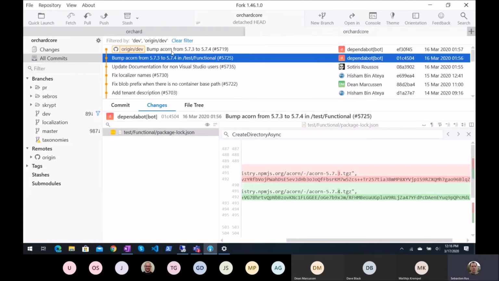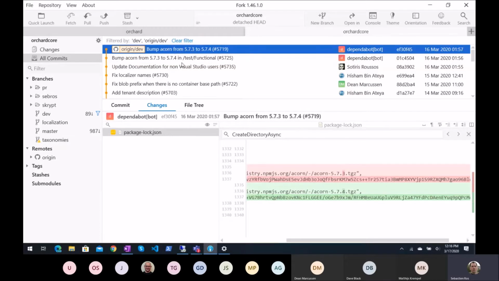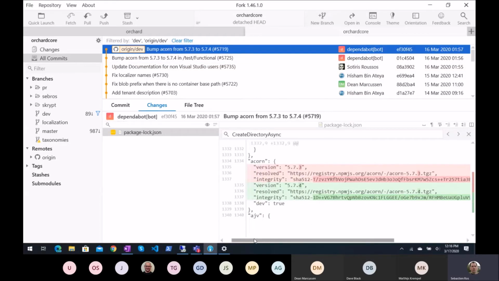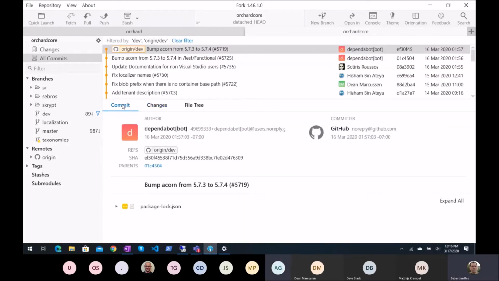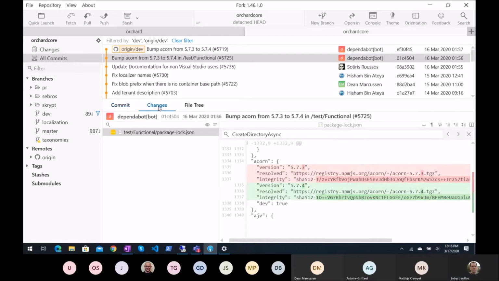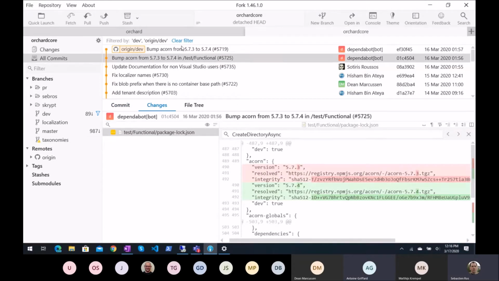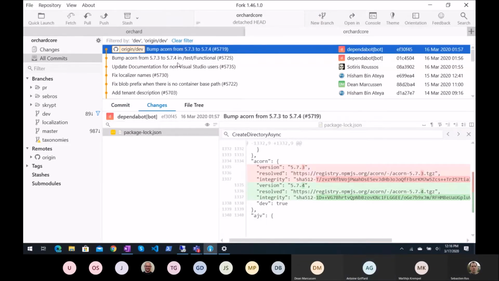The only concern I have with these bots. So Antoine, did you set it up? I merged these PRs. So you merged manually? Yes. Okay. I was worried that it will, well, why are there two commits then? Because this is a different package. One in test, one at the root.